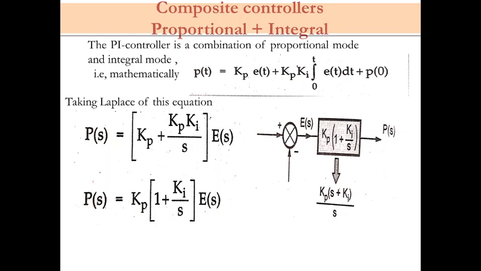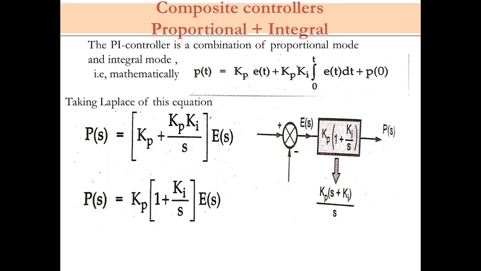As I mentioned earlier, due to offset error, proportional mode is not used alone, because in case of the proportional controller there is an offset error. So because of that, we cannot use that controller alone. Similarly, in case of integral, we cannot use it alone, because individually they will give you some error. So to overcome those errors or disadvantages, we can use the combined mode of controllers.